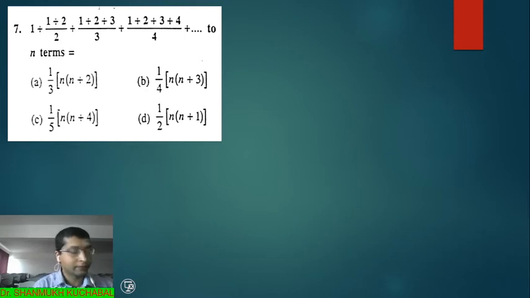Next example, 1 plus 2 by 2, 1 plus 2 plus 3 divided by 3, like that it is. So first step is we have to write the nth term equal to, it is a summation n. So we have to go on increasing. Next term is 1 plus 2 plus 3 plus 4 plus 5 divided by 5. So this is a sum of n terms. So I take numerator as a summation n and denominator as n. So here it is n I have taken.